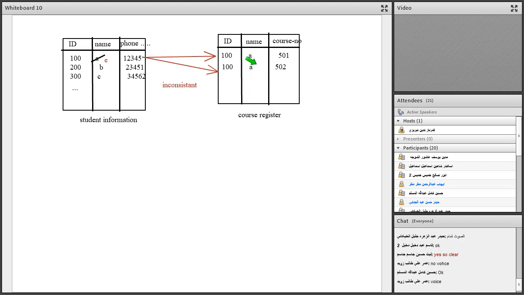First of all, there is no need to have the name here. We can delete this column because we don't need to save the name of a student in several tables. For example, we have 2 tables and the same information is repeated here. The fact that the student ID 100, his or her name is A, is repeated 2 times here and 1 here. We have 3 times here, and every time this student takes a new course, here we add the